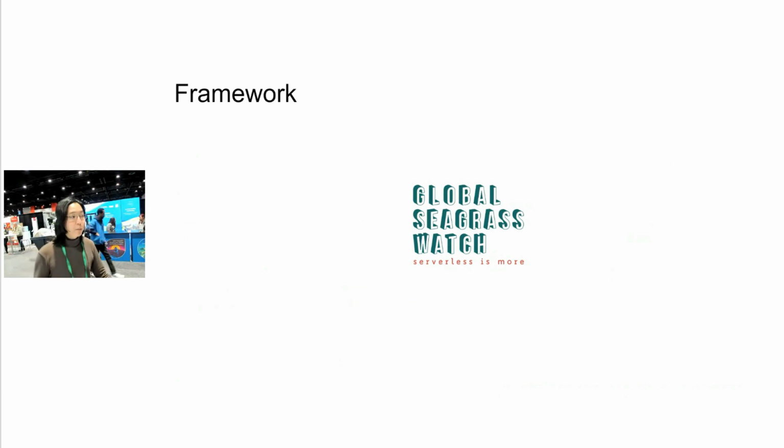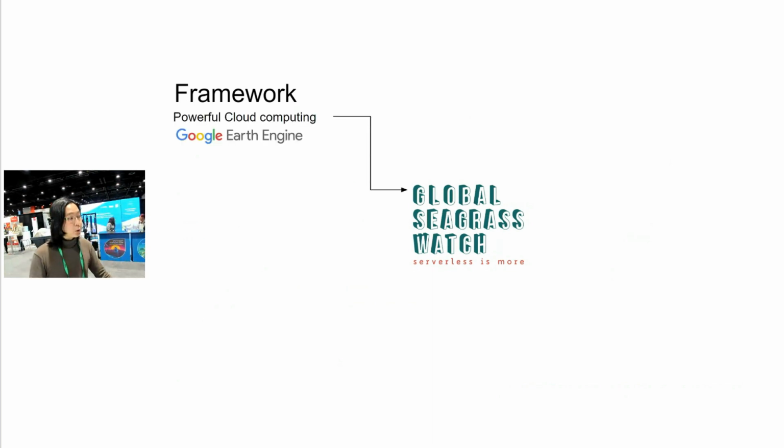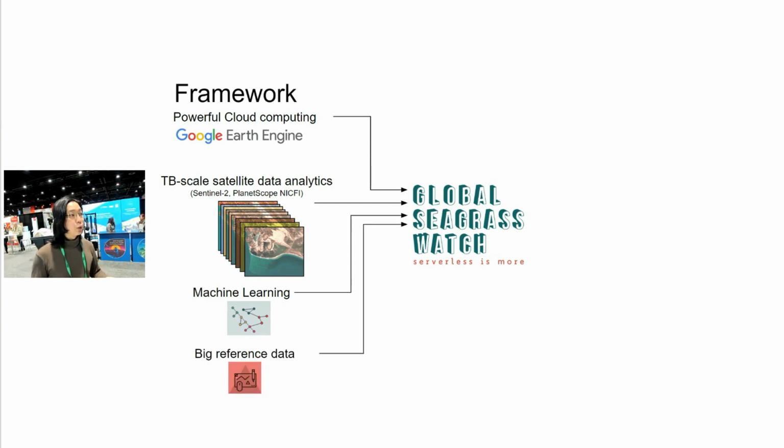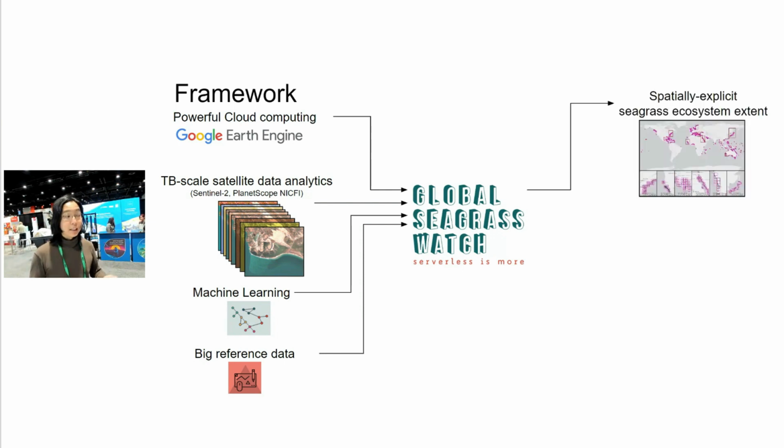So our general framework, as I was mentioning, we use Google Earth Engine. We use the datasets in Google Earth Engine, in particular Sentinel-2 and the NICFI dataset. We use the functions in Google Earth Engine, and we use the reference data that has been collected by our collaborators, as well as some expert knowledge and annotated data sets by both our collaborators as well as us. And what we do get as an output is a seagrass map, an explicit seagrass map that could be used by the collaborators to know where the seagrasses are, how it is like, and